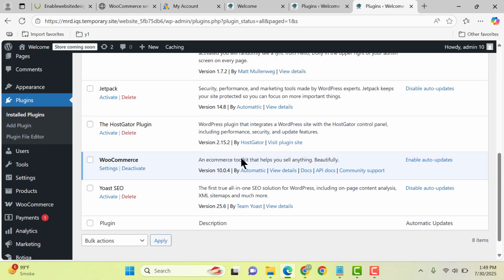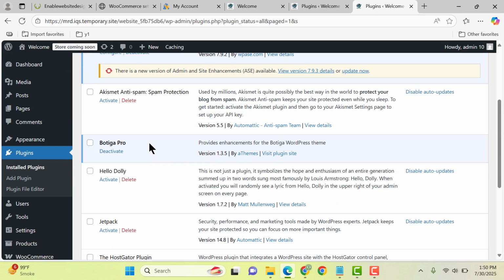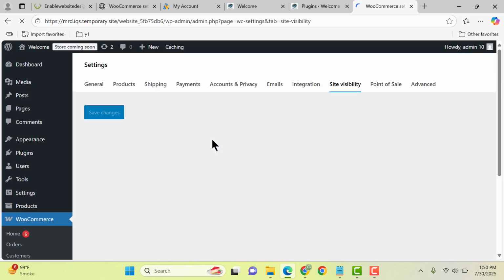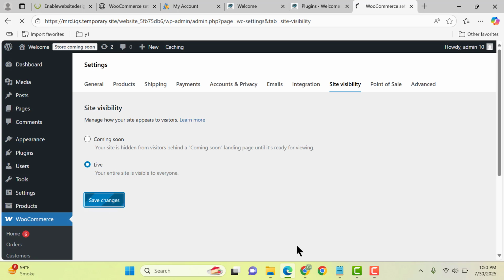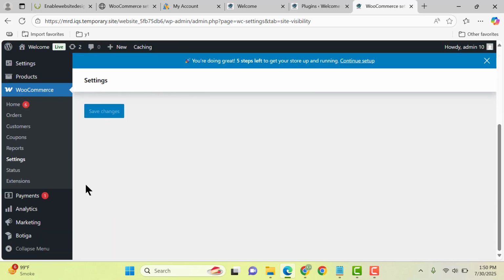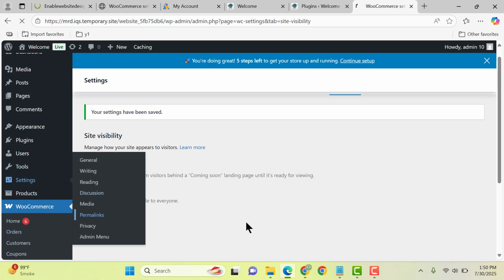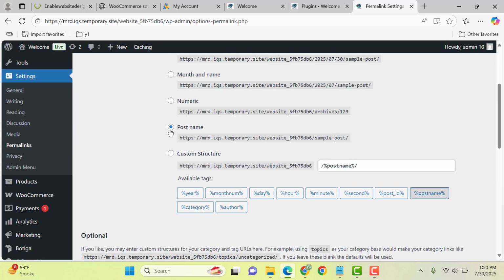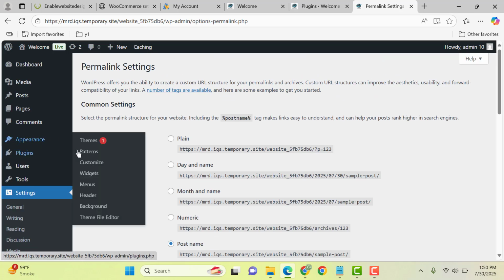Okay, now we have installed this plugin and WooCommerce. So now you can switch back from coming soon to live mode. So let's go, and here we need to select this one, live, and then you can also go to settings, then click on permalinks. Okay, make sure that you have selected this one, and now here you can see this one,